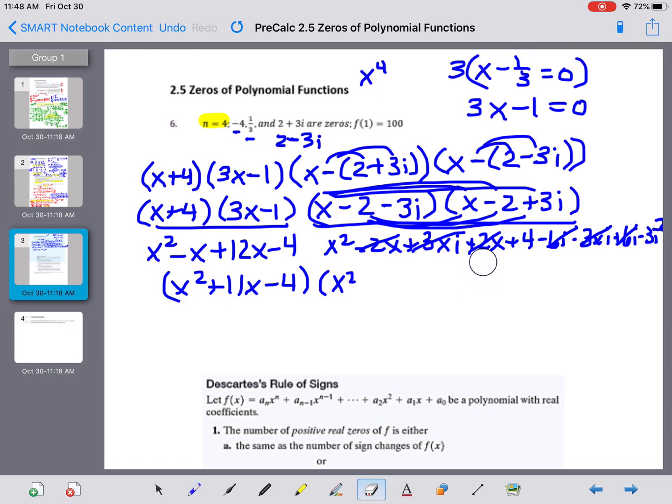Okay, never mind, I need to fix this. I had a negative 2x from the first one, and then on the second one I had another negative 2x. I thought I had a positive 2x, so that actually makes negative 4x, right? Okay, so those two are still here, negative 4x. Then I have my plus 4 here, and I have a minus 3i squared. Well, remember, i squared is negative 1 times that negative 3 makes that a positive 3. So my 4 plus 3